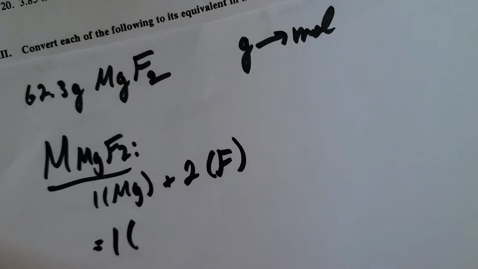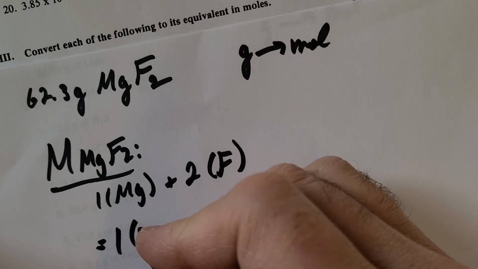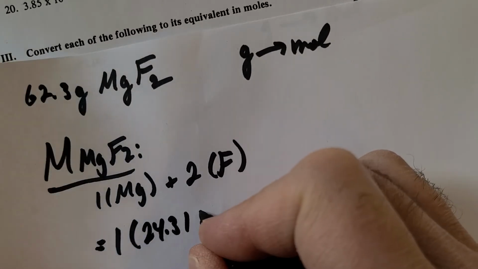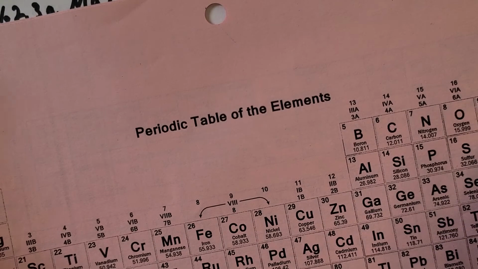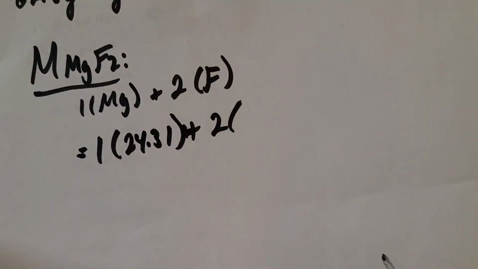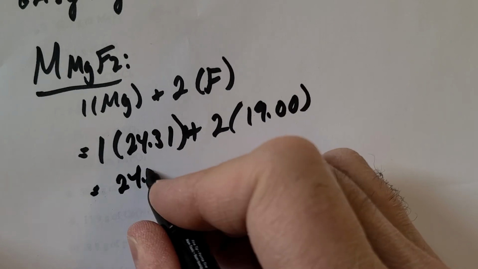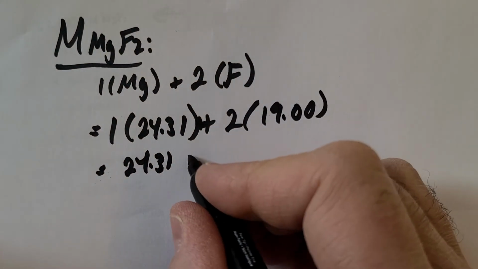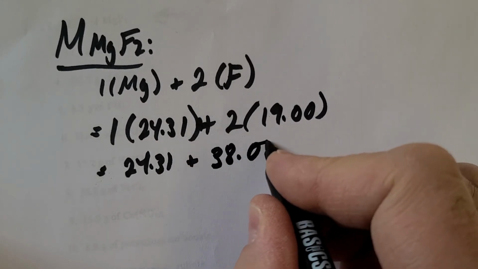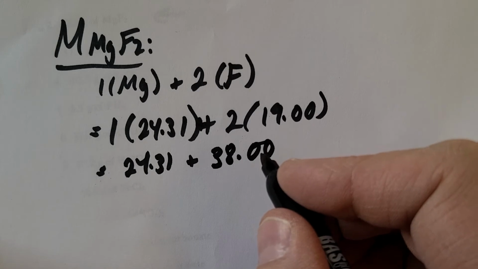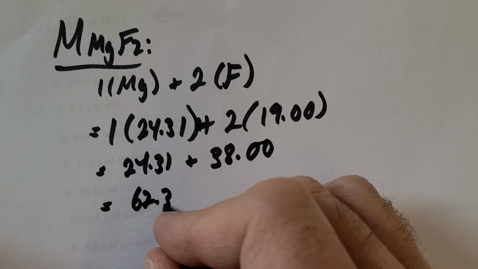If we look up the masses, magnesium is 24.31, plus 2 moles of fluorine. Fluorine is 18.998, so we could round that up to 19.0. So 24.31 plus 38 gives us 62.31